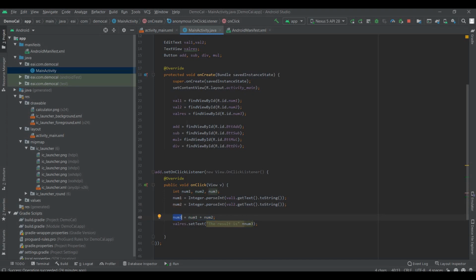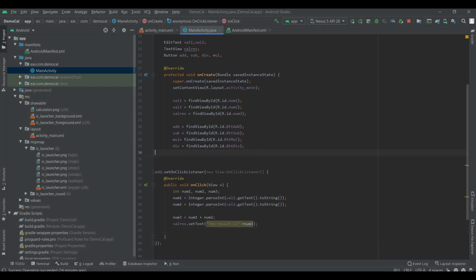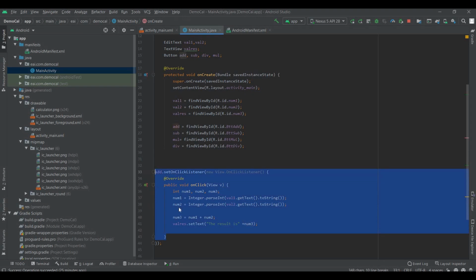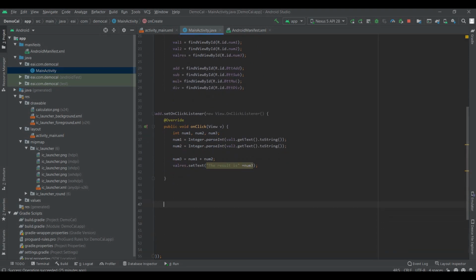Now I am going to put this value in valres. Okay, so how do we do that? I cannot do valres is equal to num3. The syntax for that is I have to set the value for val3. Okay, val3. So what I do is valres and then setText and then num3 over here. Okay, so this is how setOnClickListener works first, and this has to be done obviously for all the buttons, right? So what I am doing over here is I am just going to copy this, and then I am going to do the same thing again,